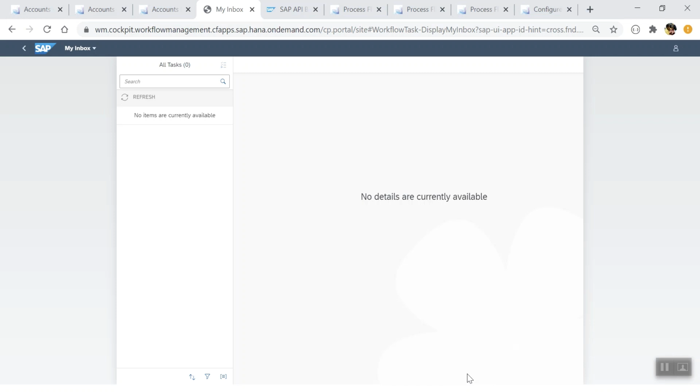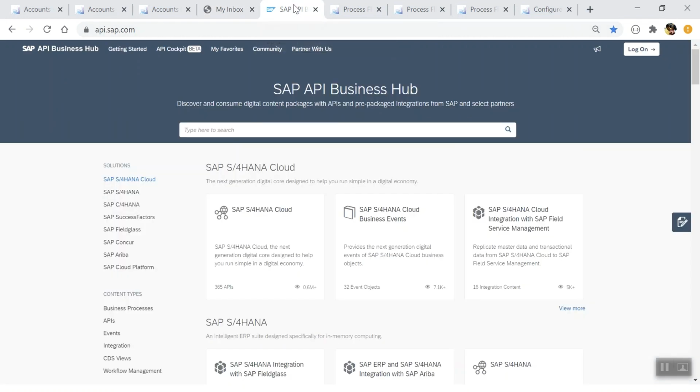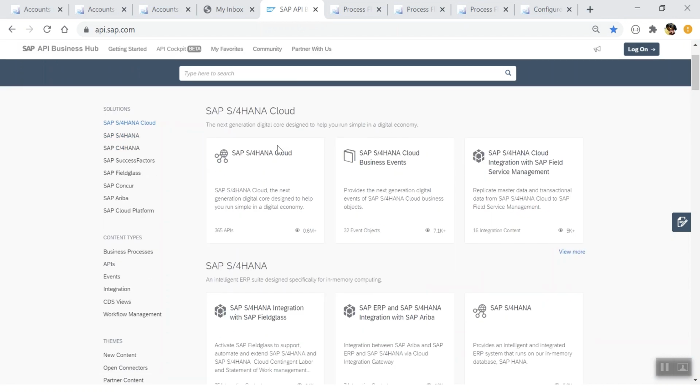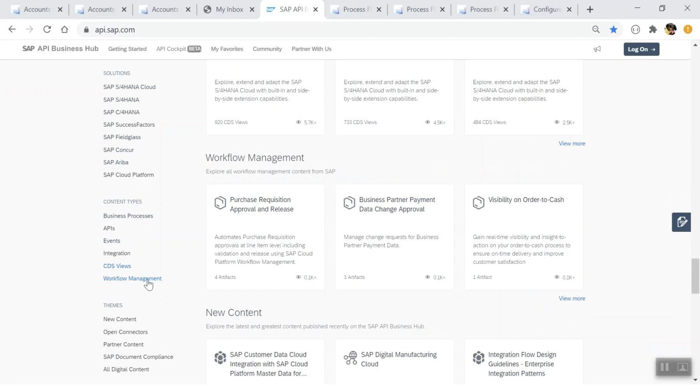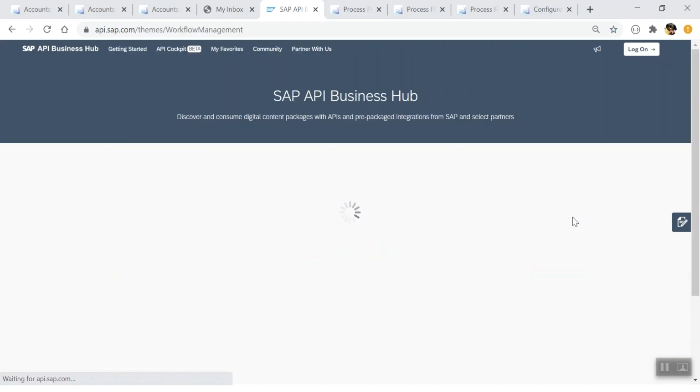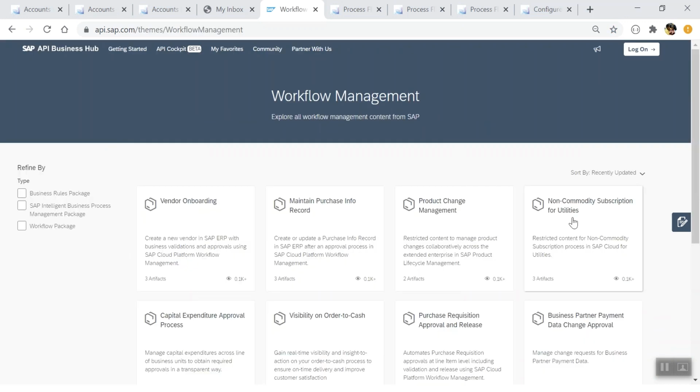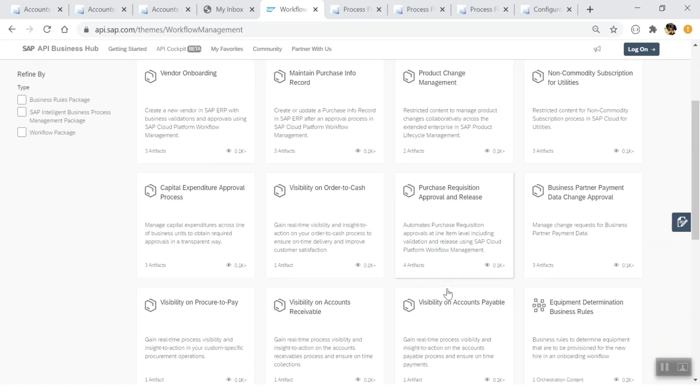Now let's see how we can discover and consume the visibility capabilities of this live content package, Accounts Receivables. In the SAP API Business Hub, you will now find the new content for workflow management. You see already today that there are live contents published, and one of these packages is for visibility on accounts receivables.